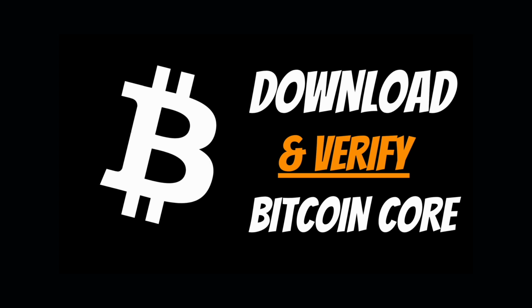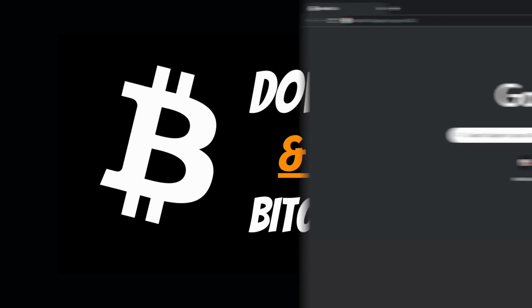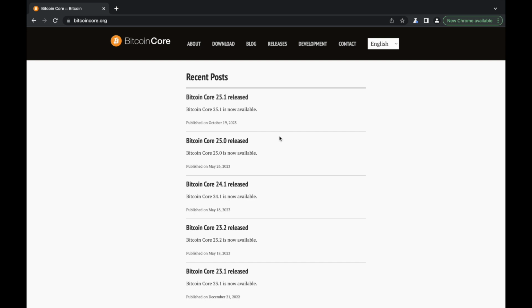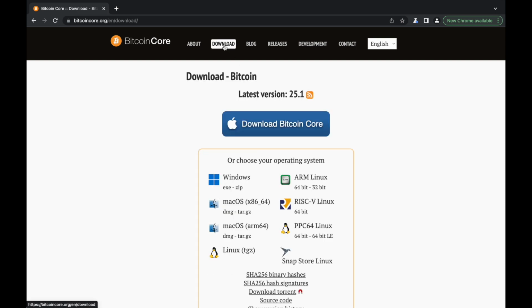Great, so first we need to download the software, so let's go to the official site, which is bitcoincore.org. Here on the landing page we can see the list of the most recent releases. And we're gonna click on the download section, where we can grab the latest one, which right now, while I'm recording, is 25.1. So if you see a different version, don't worry, because the steps that we're gonna follow now